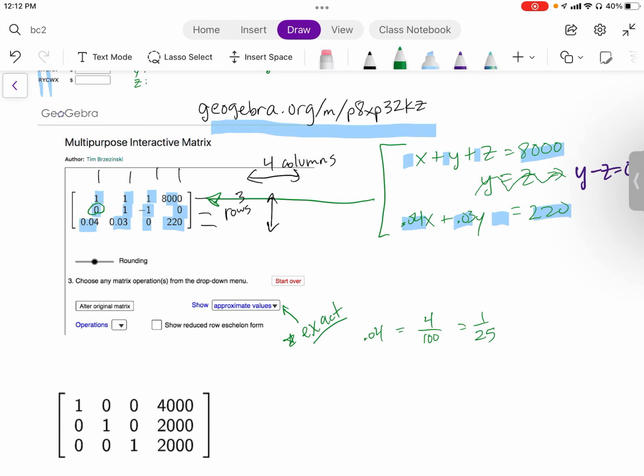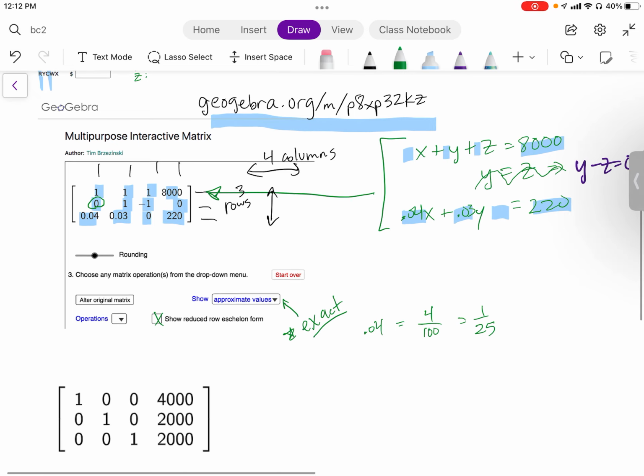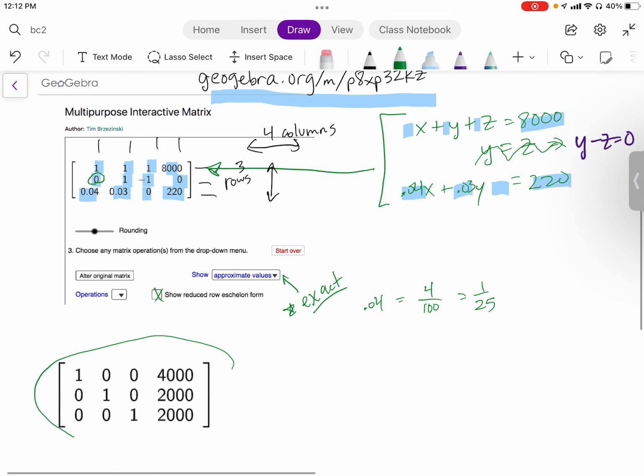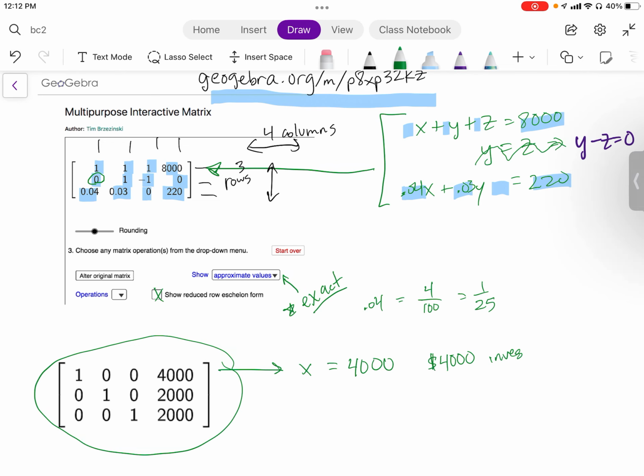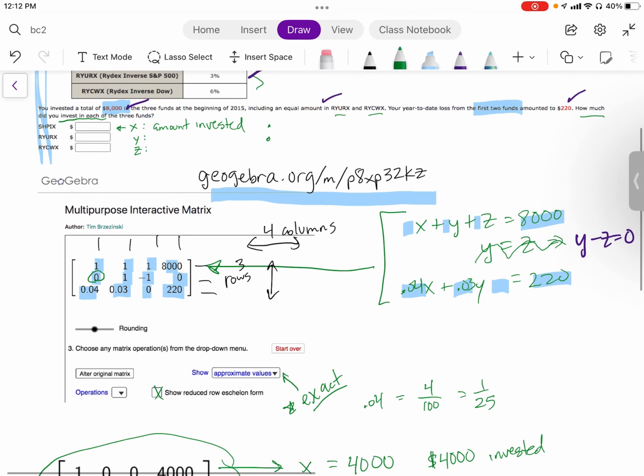But now to have this do the work, what you want is to click this Show Reduced Row Echelon Form. Okay, and that's what yielded this next screenshot here. These are the solutions, right? Because really what this says is x plus 0y plus 0z equals 4,000. So therefore x is 4,000. Remember, x represented the money invested, so 4,000 was invested in that first mutual fund,